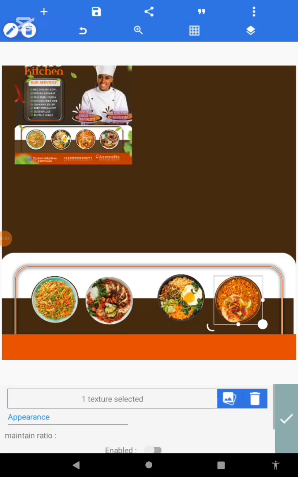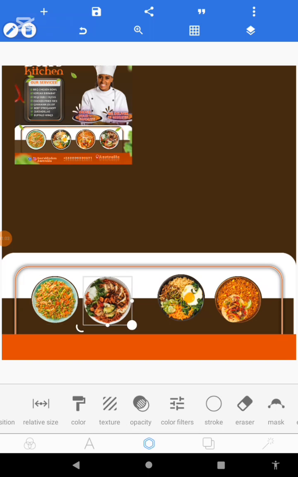Alright, so now that I've successfully imported this, I can now take my time and position them to have equal